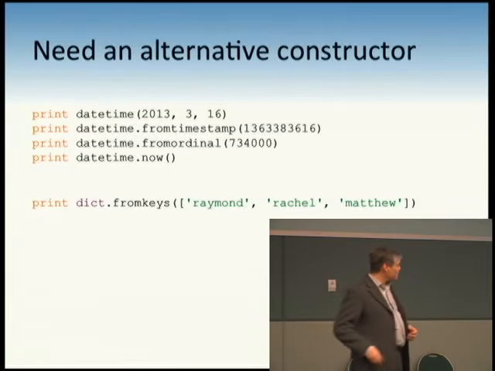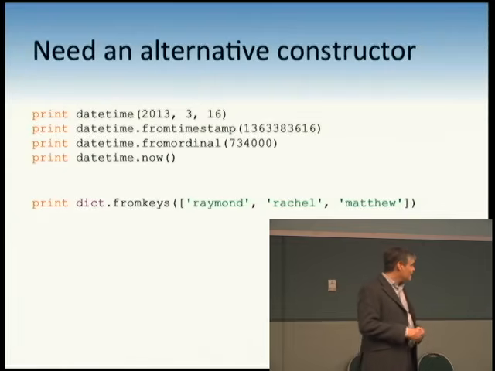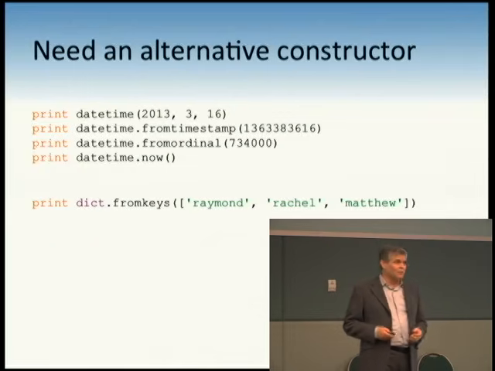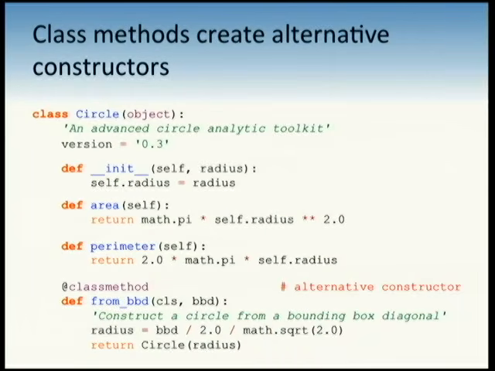And then here's one that I put in, dict.fromkeys, that constructs a dictionary from a list of keys. How many of you knew that was there? It goes back all the way to, I believe, Python 2.1. It is not as well known as it should be. It is an alternate way to construct dictionaries. So the solution is whenever people want multiple constructors, you should give it to them and not decide on one over the other. The technique for doing that would be to provide an alternative constructor via a class method.